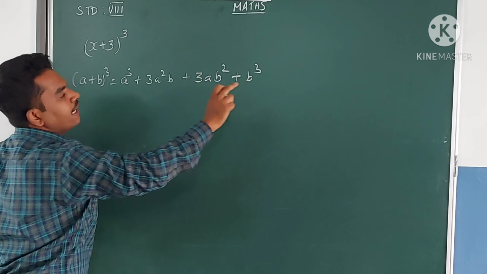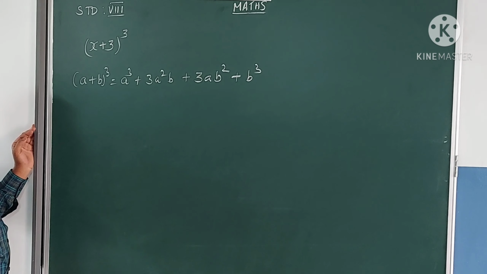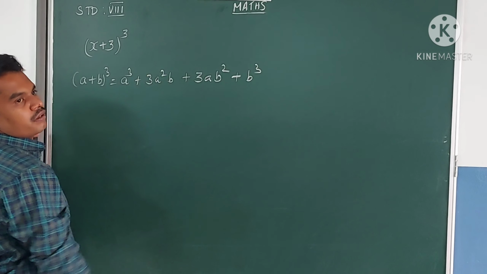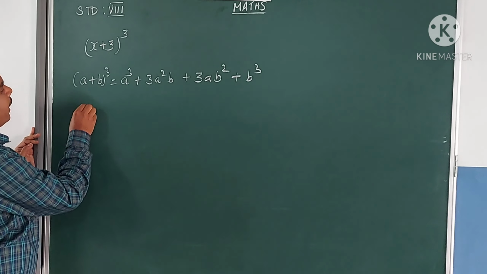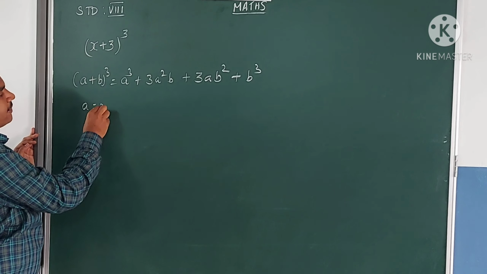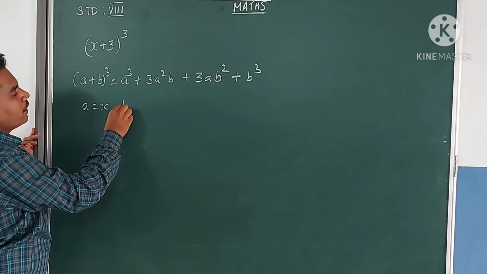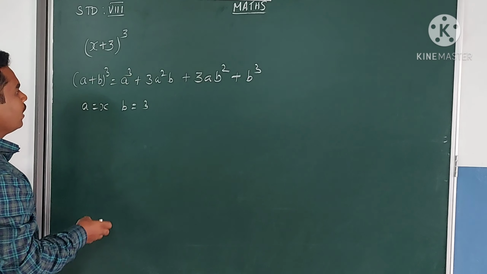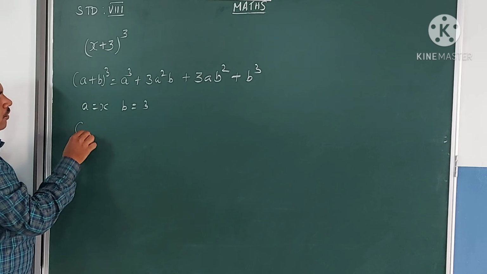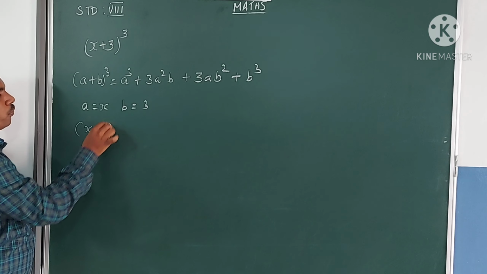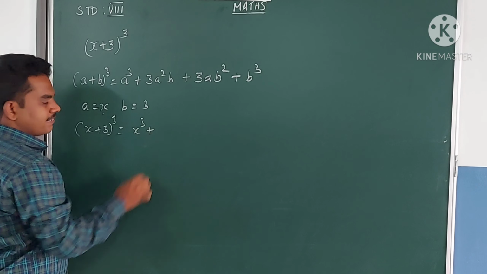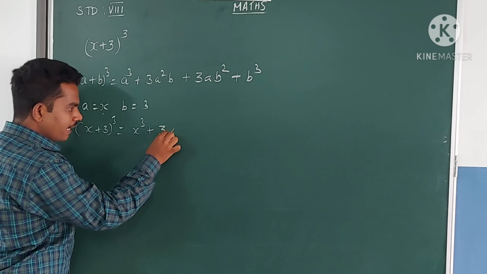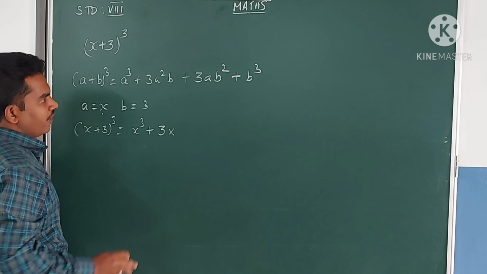Okay, so here fully 3 is there. Okay, so second term and third term. Next, now a equal to x, b equal to 3. Now substitute the values. (x plus 3) the whole cube equal to x cube plus 3 into,